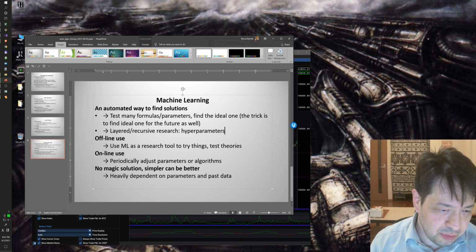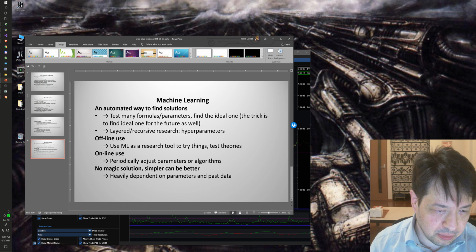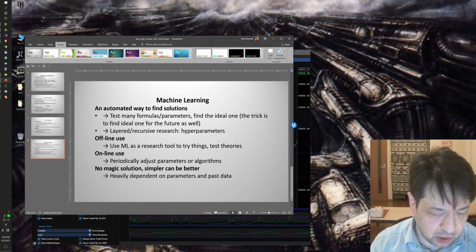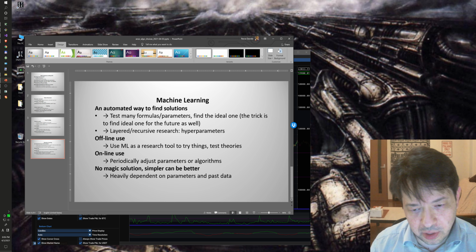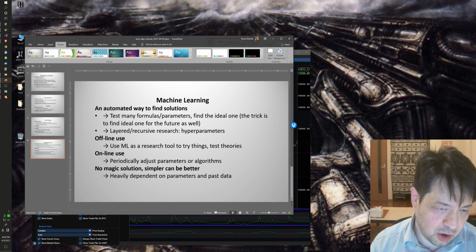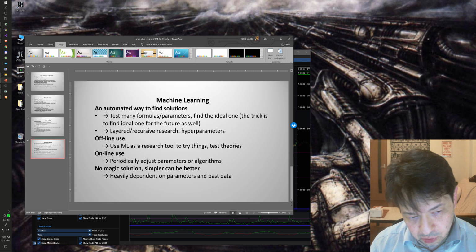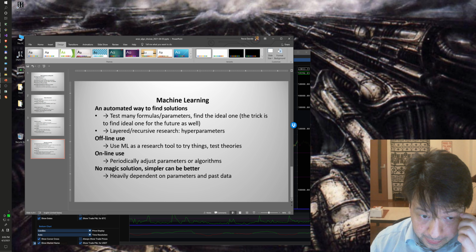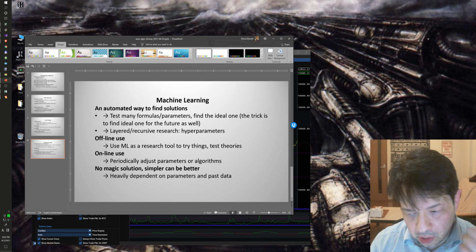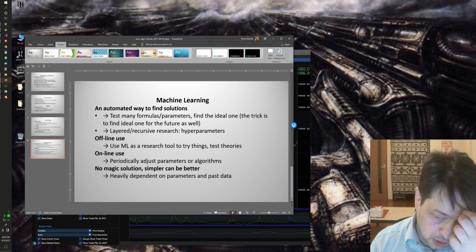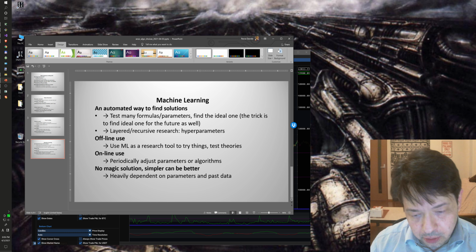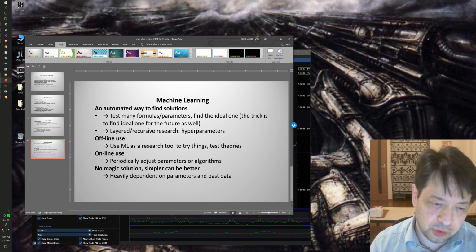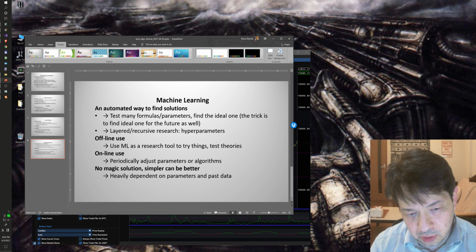So yeah, machine learning also can be used. We have many different approaches where, once you get the hang of it, you get the concept. But the two main separations are offline use and online use, as far as I'm concerned. So offline use is, let's say that I'm trying to determine whether perhaps a certain indicator, a certain generic idea, really makes sense at all.